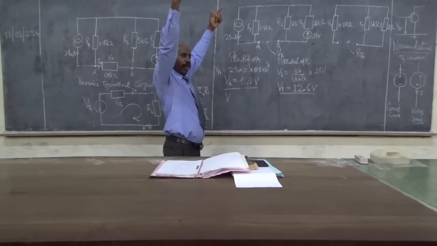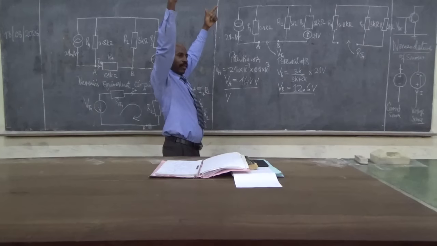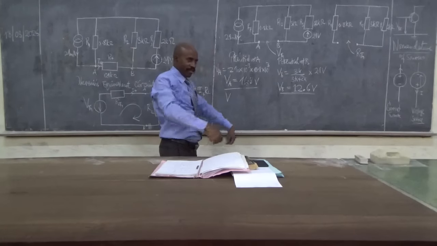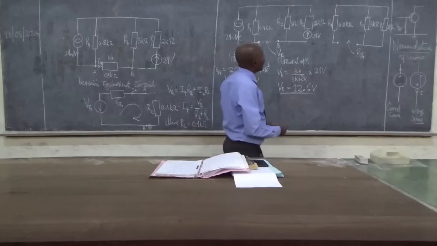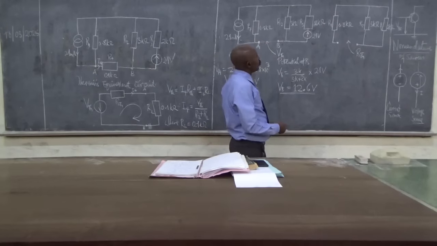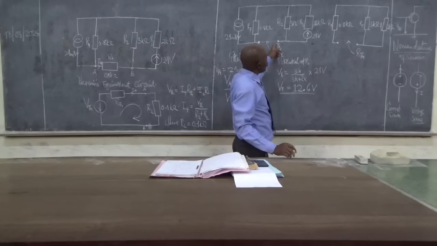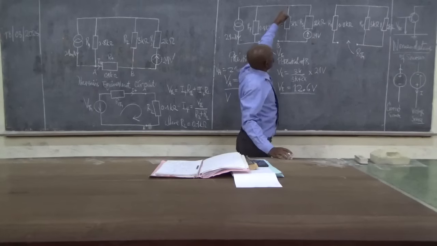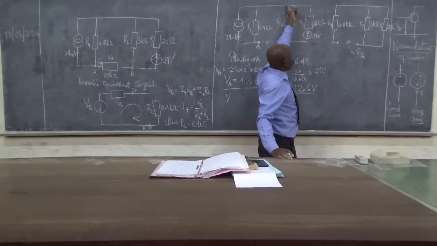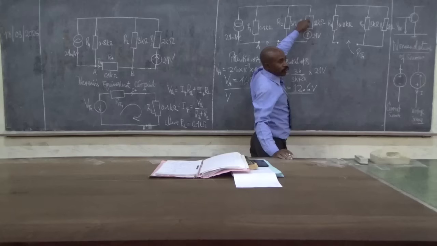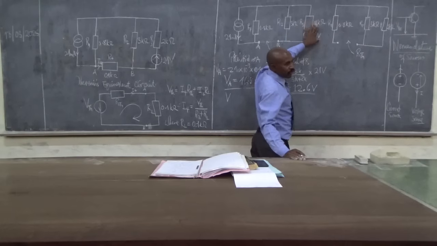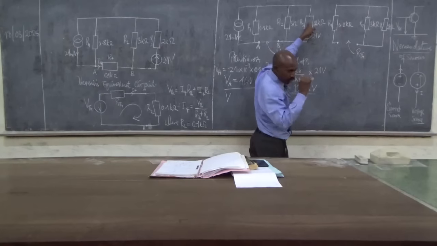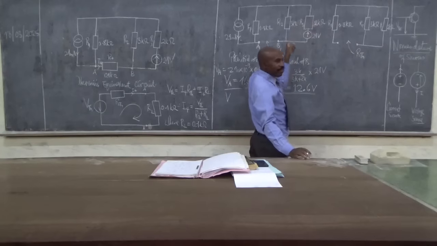But I suppose there at B would be the same as 21. It's not the same as 21. It's not the same as 21 at B, because this point is the same, so this 21 is also connected to this point through this resistance. So this voltage source is being affected by the drop in this resistance. So it can never be the same as 21